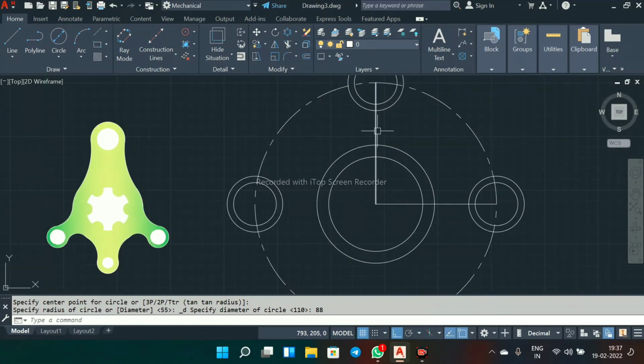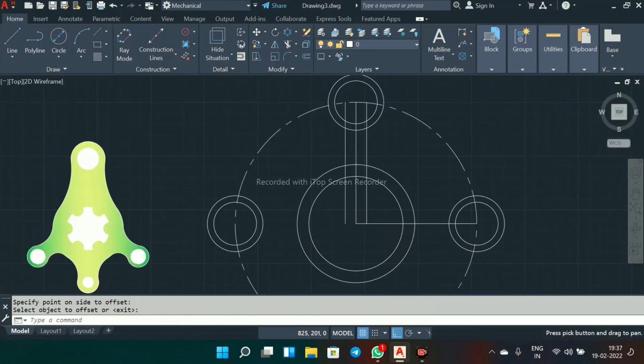Now we will select here offset. So select here offset command, make it thickness as 10 mm, first and second. Now go to TR, enter.